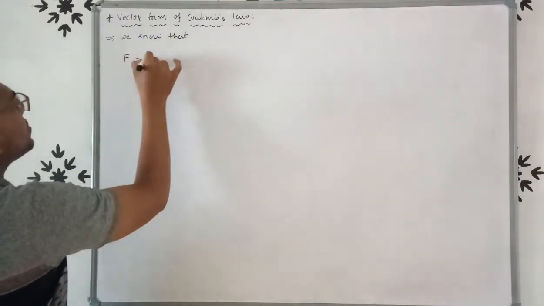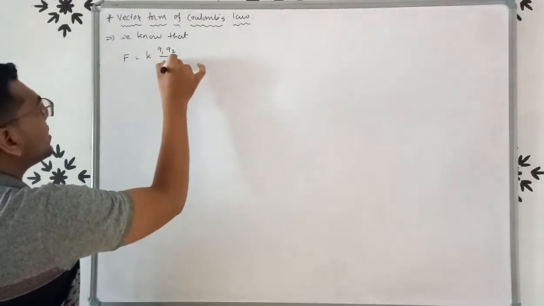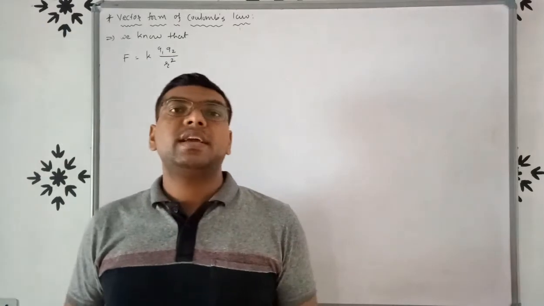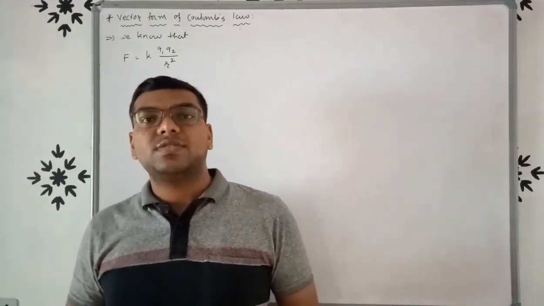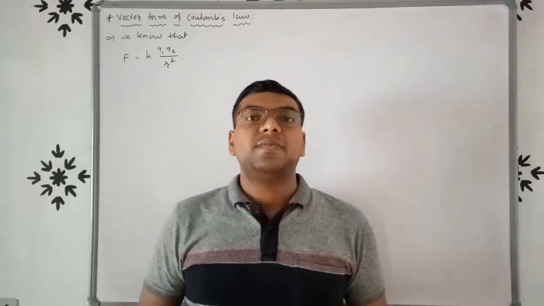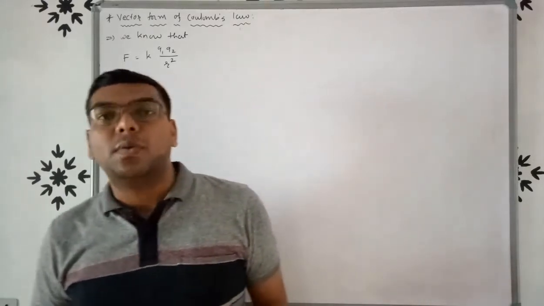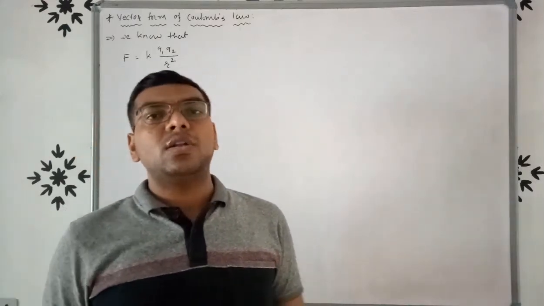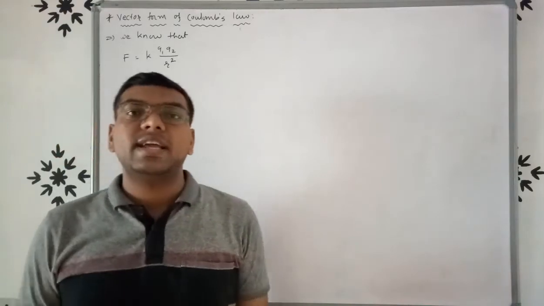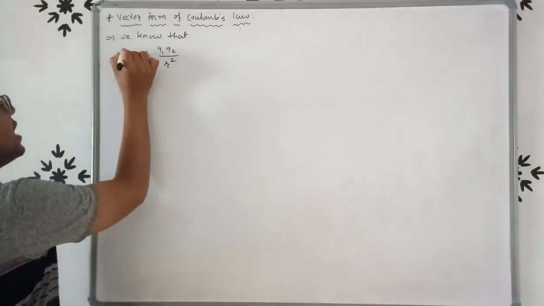F is equal to K Q1 Q2 upon R square. Yesterday we already proved this equation, F is equal to K Q1 Q2 upon R square. But today we will discuss the vector form. Now we all know that force is a vector quantity. So here we denote F as